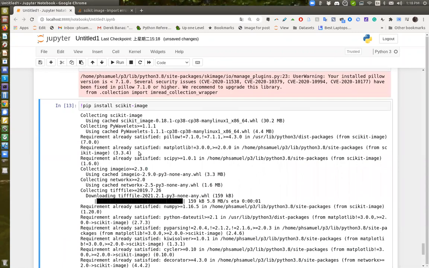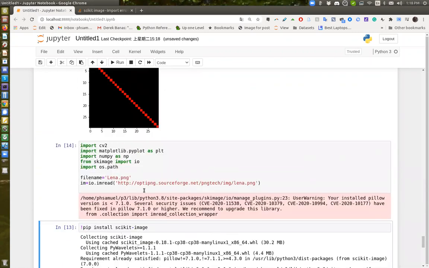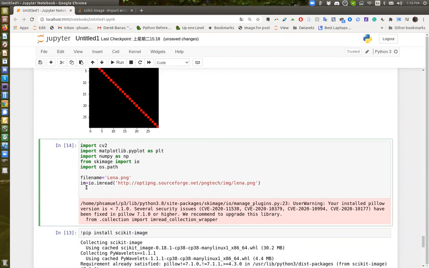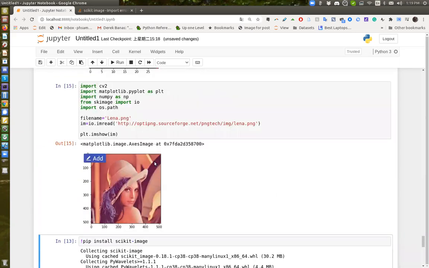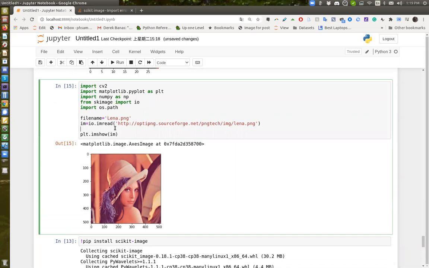So now after installing that, I should be able to. I have some warning, but I am able to load the image. You see, I'm loading directly from online. This is pretty nice, and let's show that again. So this is the Lena image. Now let me write the file. Let me write it into a